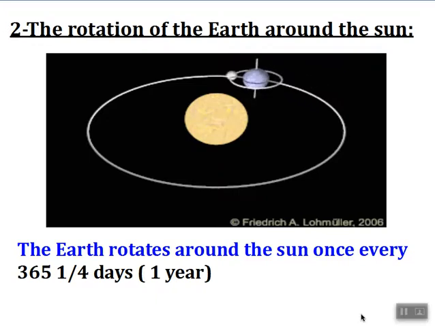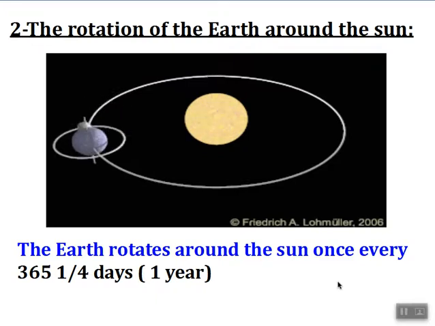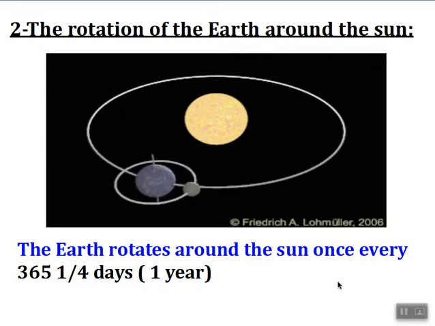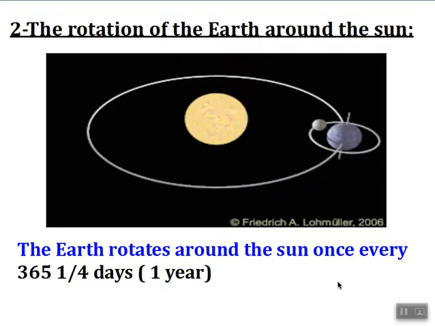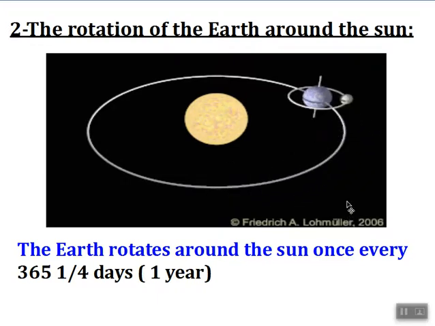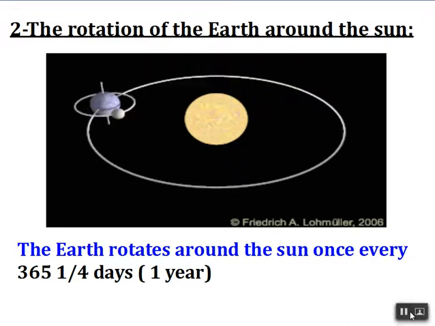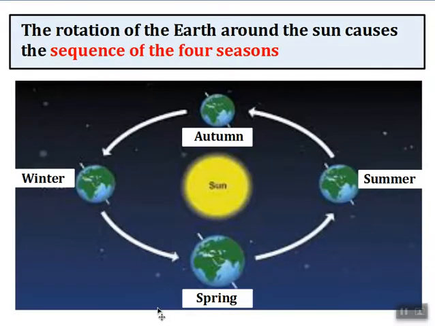365 and quarter days. Do you remember what results from the revolution of the earth around itself? It causes a phenomenon known as the sequence of day and night. So what happens due to this bigger rotation of the earth around the sun? It results in what? The rotation of the earth around the sun causes another phenomenon known as the sequence of